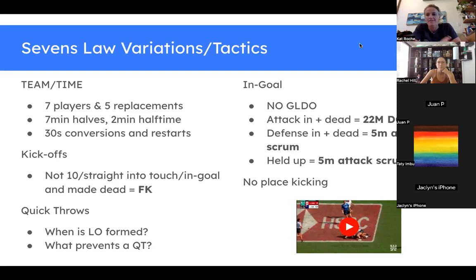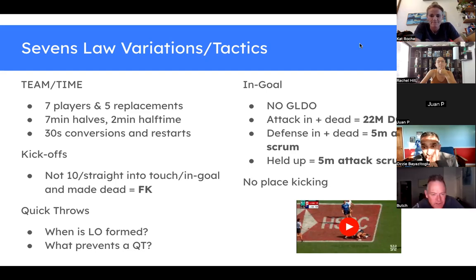There are a couple of things that have to happen to the ball, where the ball goes, etc., that would prevent that quick throw. As long as the ball wasn't touched by anybody else or went out of the playing enclosure. Yeah. So, if the ball goes outside of the playing enclosure